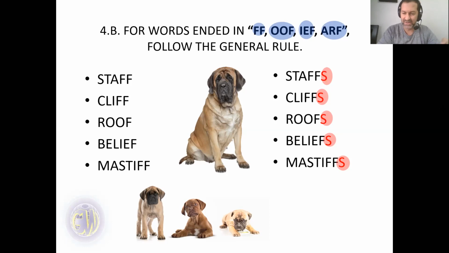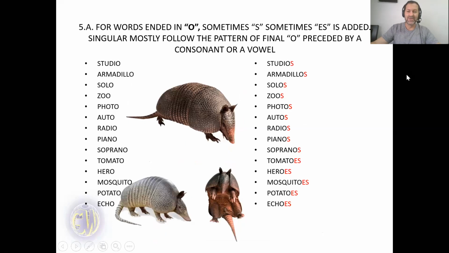The first one was, yes, the dog. The second one was the fox. The third one was the butterfly. Next one was the donkey. Then we had the wolf, and now we have this beautiful animal, the mastiff. All right, that's everything that you have to do, and then you have to relate each animal to its rule. All right. Okay, I'm going to erase this, and we are going to continue with this explanation about the plural